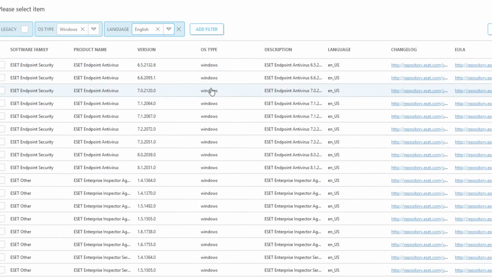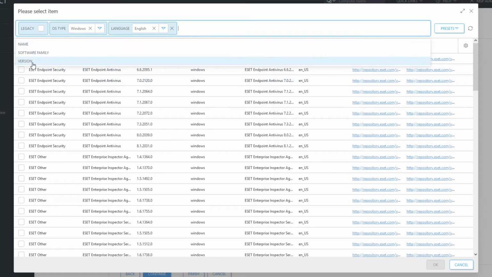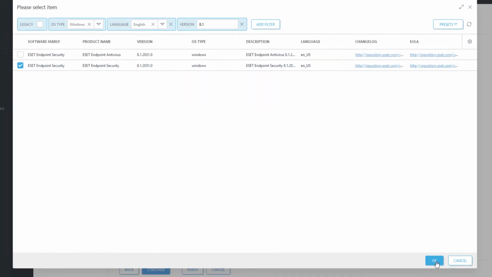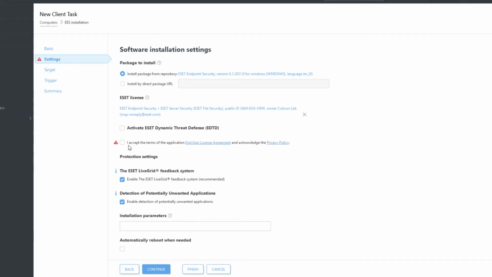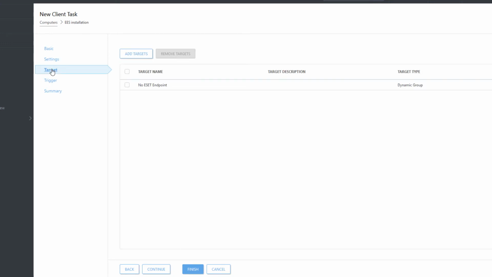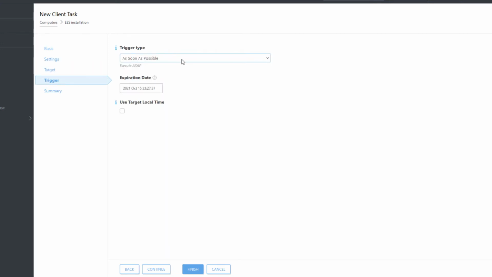Pick the latest version of ESET Endpoint Security from the repository. Accept the terms of the End-User License Agreement. Unselect the license. Product activation will be handled by a separate client task. Select Join Dynamic Group Trigger as trigger type. This will ensure that anytime a computer falls into the No ESET Endpoint dynamic group, installation of ESET Endpoint Security